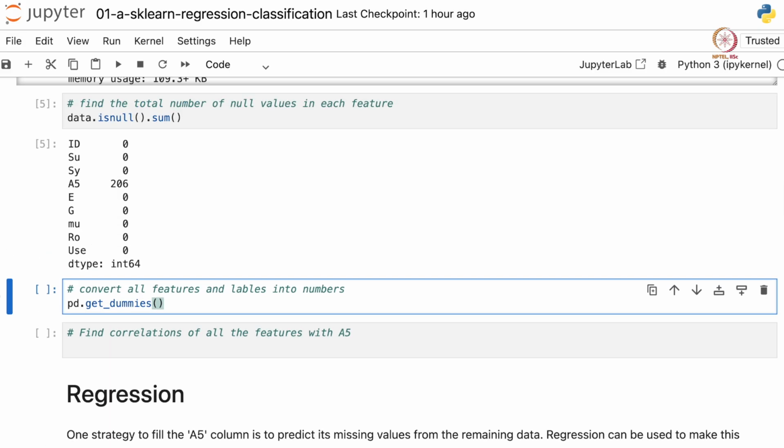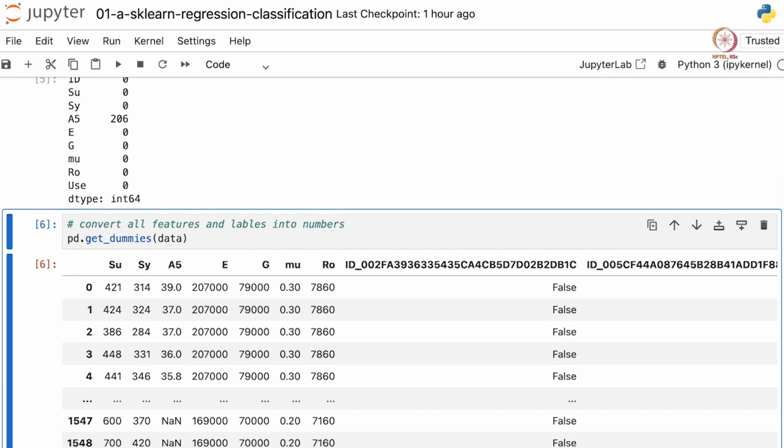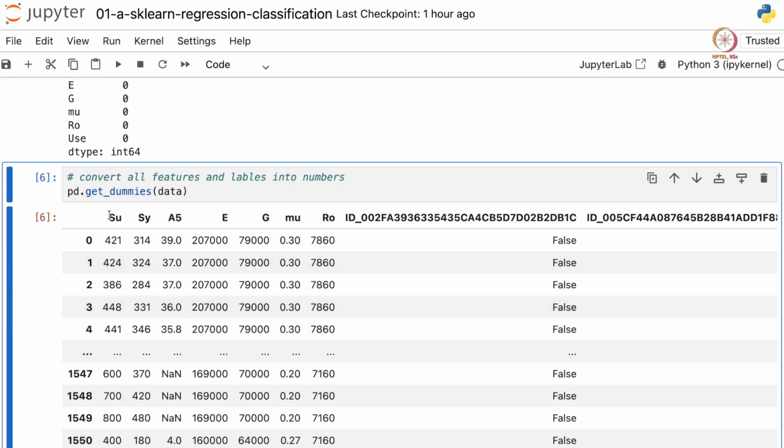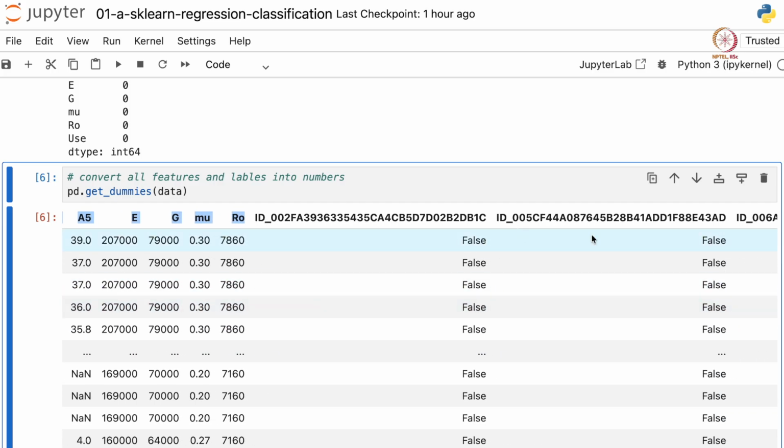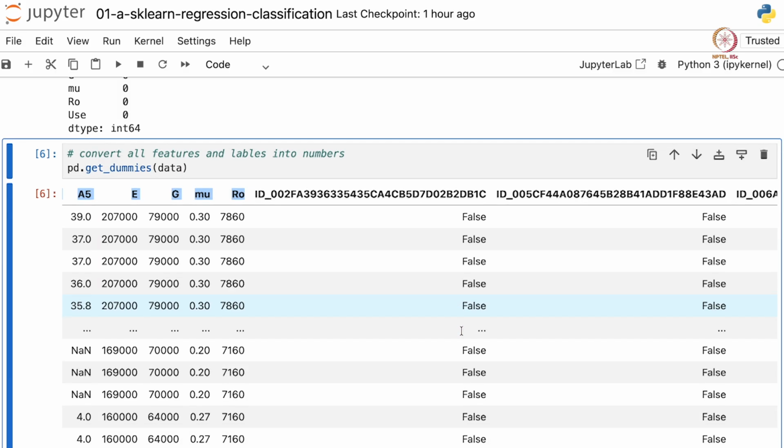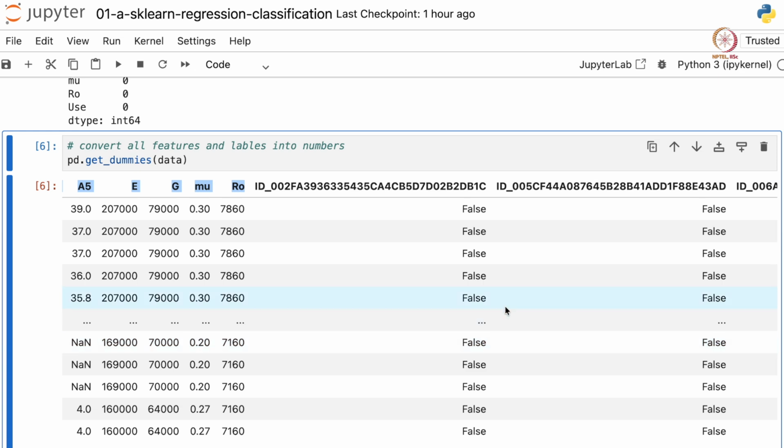To do that, let me demonstrate what happens if I pass data here. If I run this, you see these columns are all numbers, so that is not affected, but the IDs, there are multiple different IDs, every ID becomes a feature, and every data point that has that ID has a value of true, all others have false.